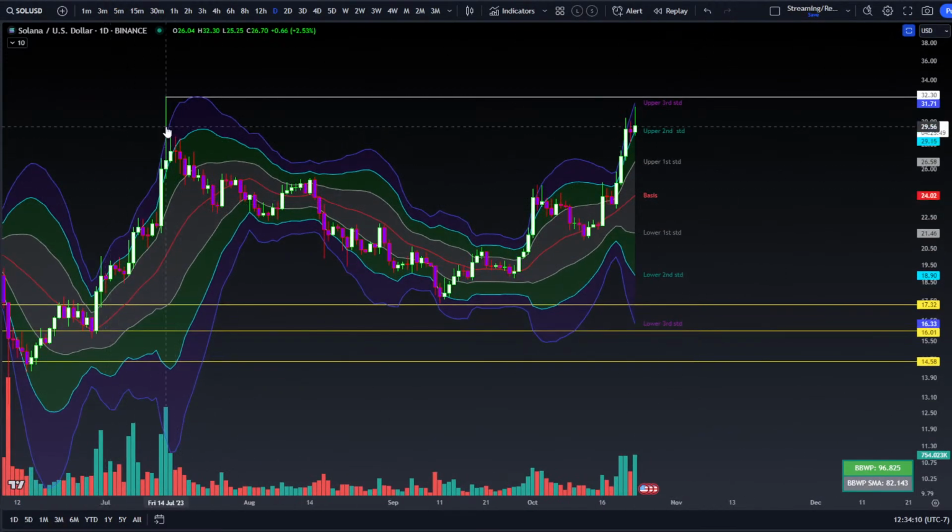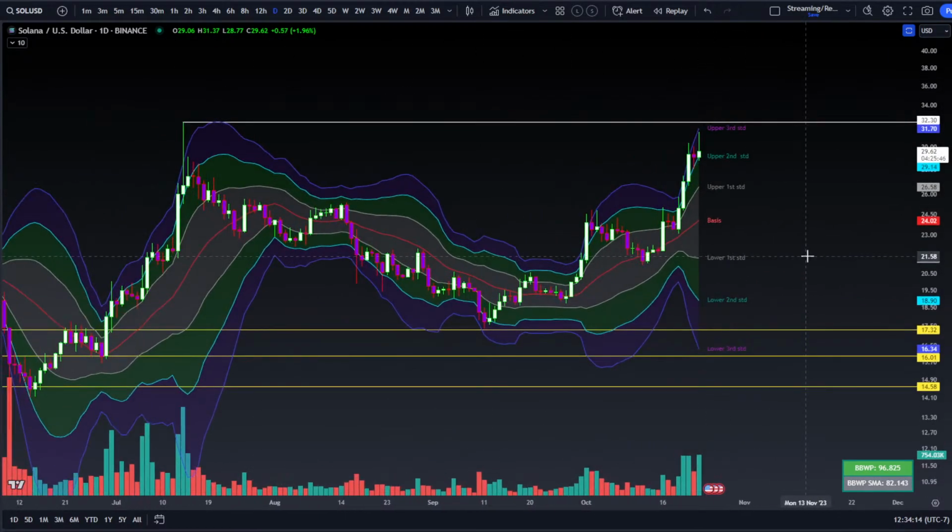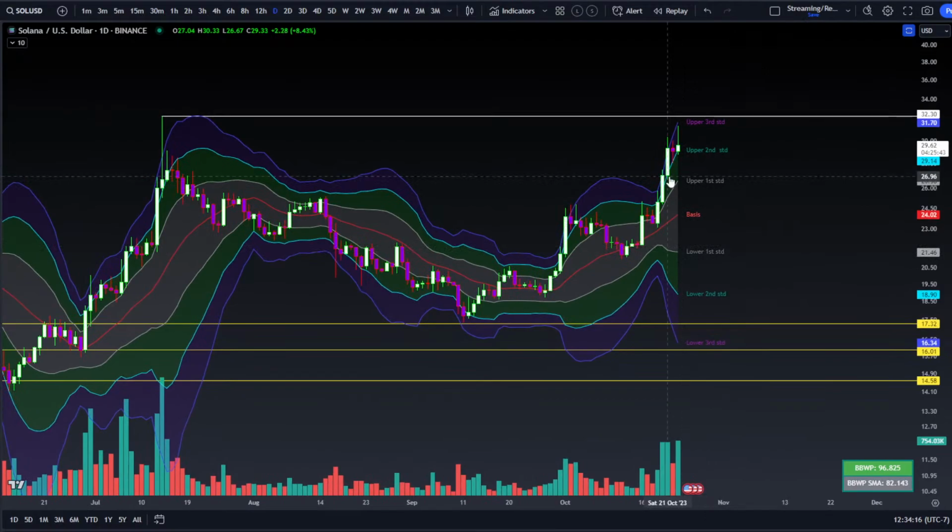And that was fairly recent, right? Yeah, it was July, over the summer. So this is a nice compression to expansion on the Bollinger Bands. One thing I will caution is it's at 96 over 82, and at close today it's likely to be at 100. So if it fails to actually close above that high,